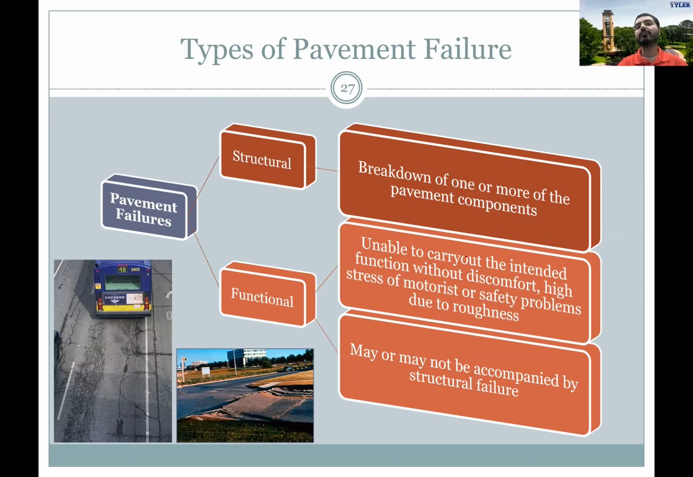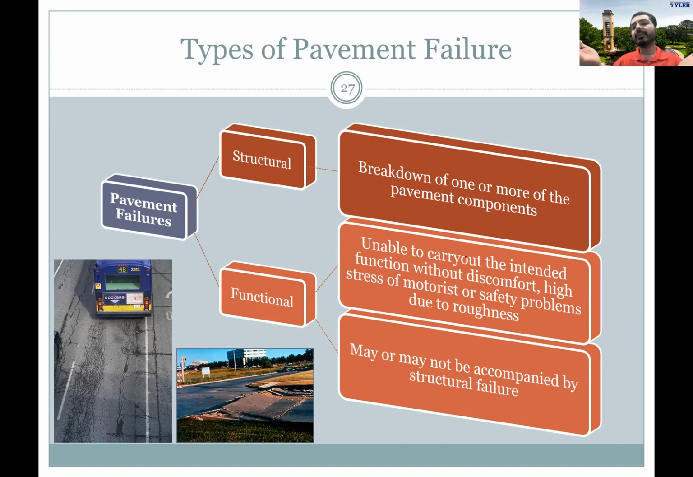Now we're going to shift gears to how pavements fail. Pavement structures fail in different ways. I'm sure all of you drove today or yesterday on a pavement, and you observed lots of cracks or distresses. Pavements can fail structurally, or they can fail functionally, or they can fail in both ways. A structural failure, as you may expect, is a breakdown of one or more of the pavement components. That means the whole structure is failing, either one or two layers or more, while the functional failure is